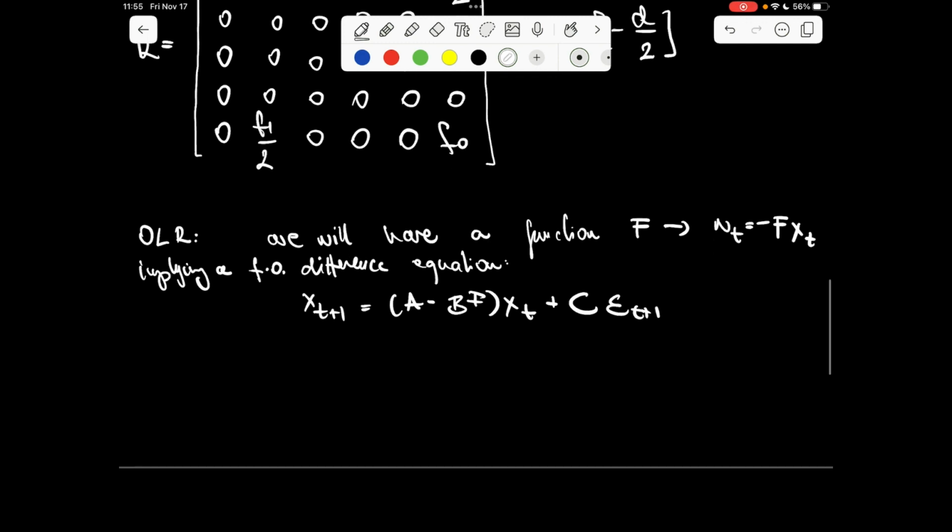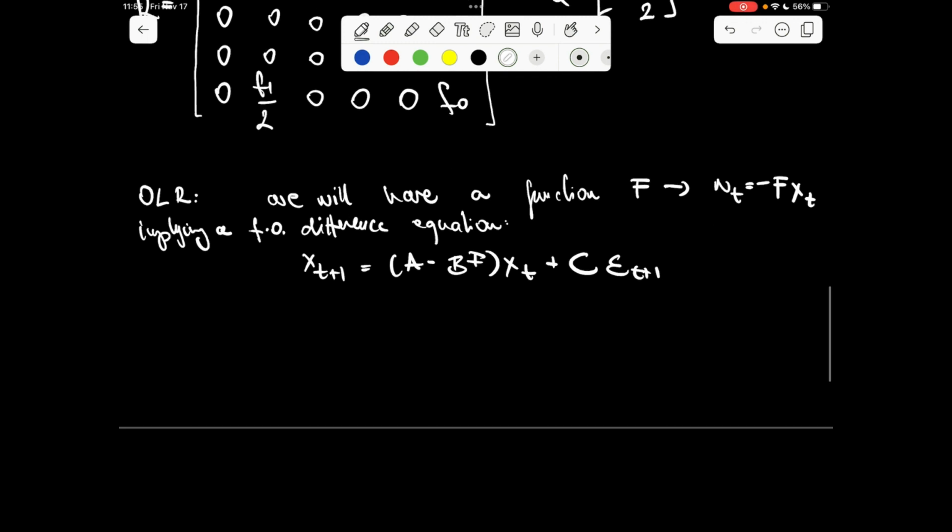Okay, and we will see in the later exercises that the dynamics of n_t and capital N_t, as found by the social planner, both dynamics are going to be optimal in the rational expectations equilibrium of the